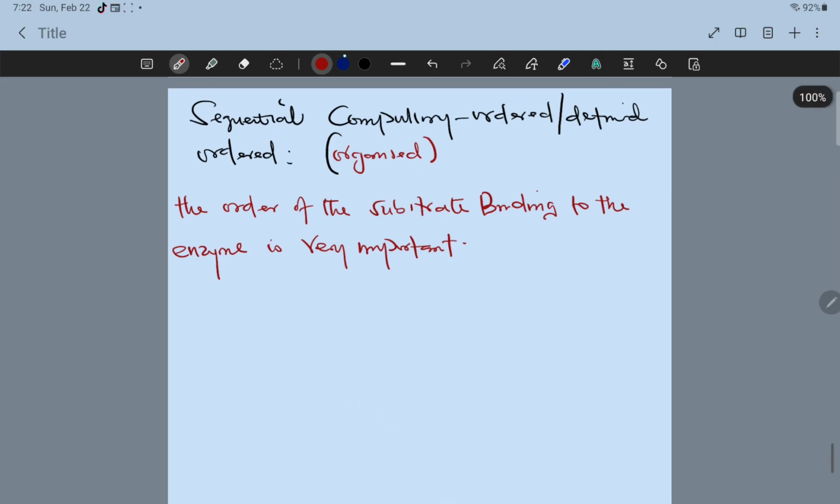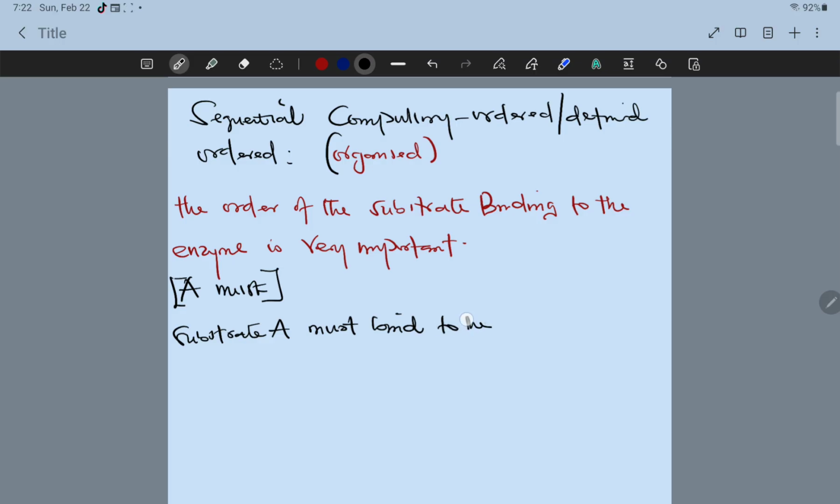Substrate A must bind. So this is a must. Substrate A must bind to the enzyme. Unlike the other one, where we have a random binding, A can decide to go before B, and B can decide to go before A. In this case, no. In sequential compulsorily ordered or defined ordered, there's organization. So it can't be like that. The substrate A must bind to the enzyme